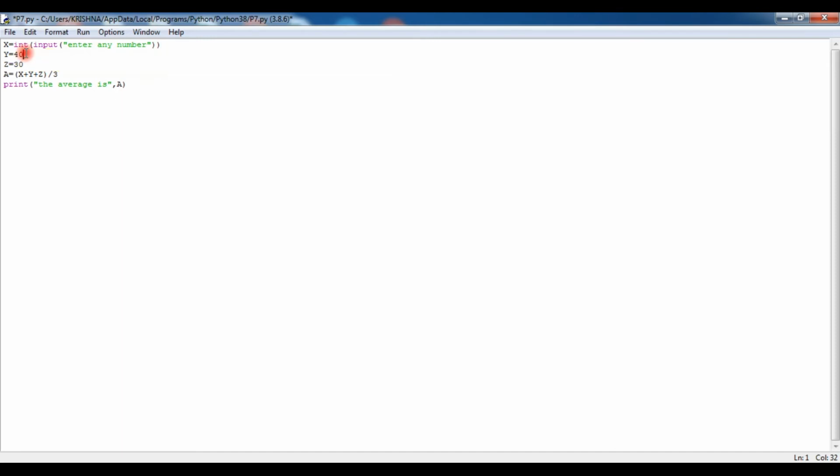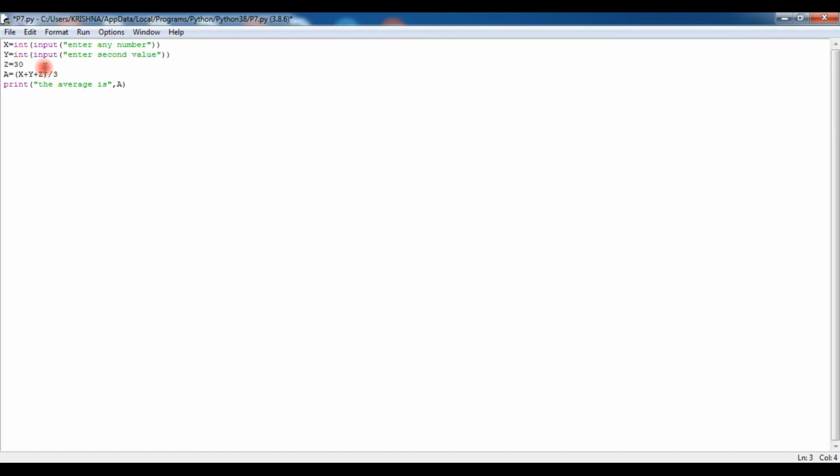After that you use the same statement, int. It is up to you which type of value you are using, either int or float, input("Enter second value"). After that you close it.